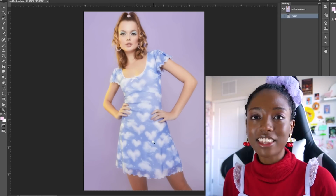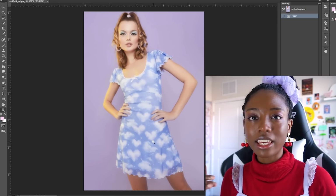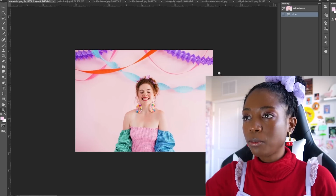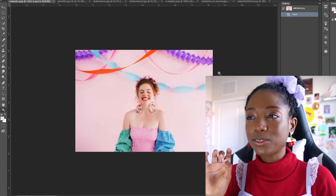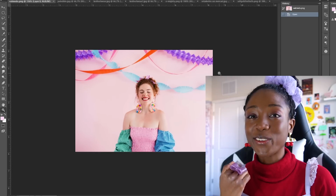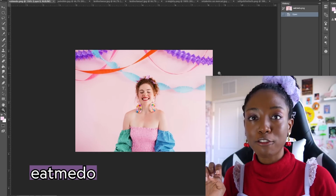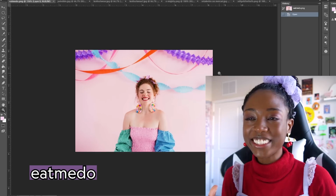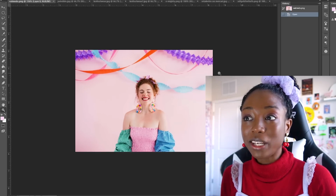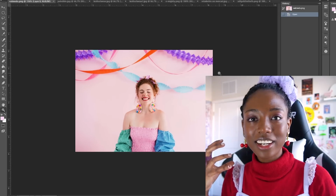It's 90s. I thought it could definitely be the playful, but still covered up kind of dress that we want for Bloom. I wanted to keep her kind of playful, and this was definitely one of the images that I thought was really, really good. This is from eatmedo. The gingham, the off the shoulder, just the way that this person looks, I could definitely see this person being Bloom in the show,